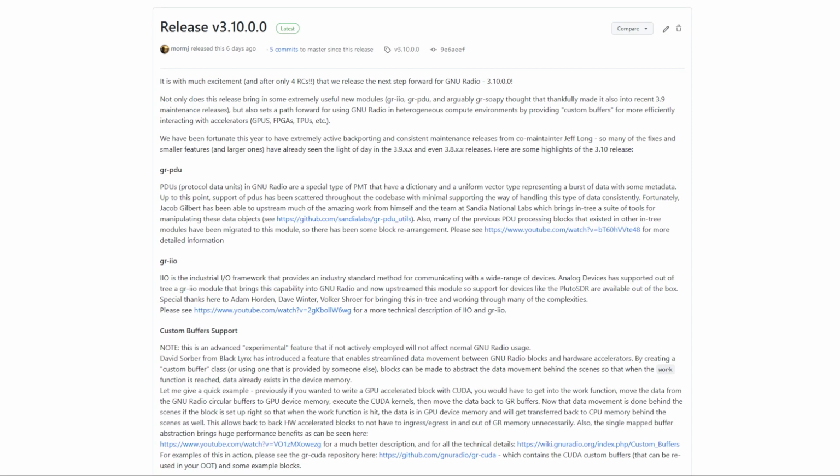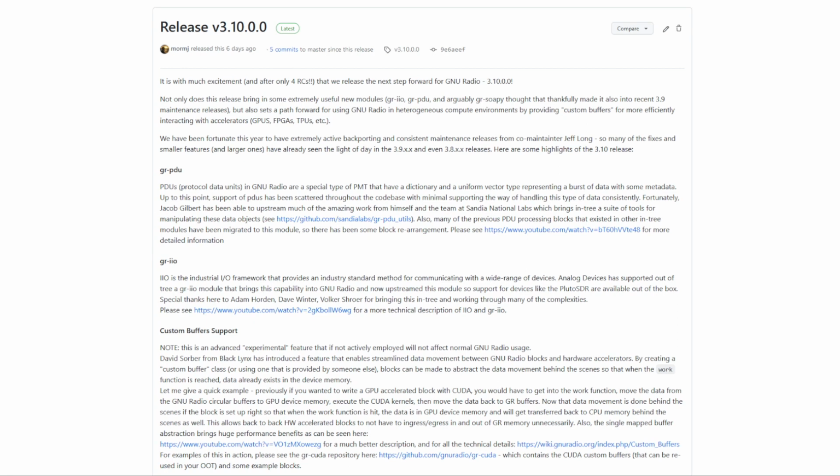So we have the 3.10.0 release. Check out the release notes, the email and blog post that describe it. We do have the custom buffers, which are an experimental feature, although they've been in tree for quite some time now, over the past several months, and have had a lot of testing.